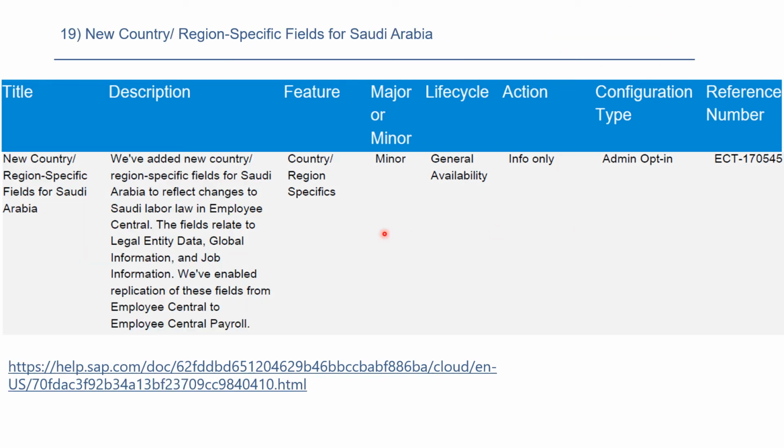Saudi Arabia, so region specific. Again, SAP considers Saudi Arabia as another good market for investment. For Saudi Arabia, there are some country-specific roles, Saudi labor laws, and there are legal entity data, global information, and job information. So Iqama and different kinds of contracts are Saudi Arabia specific, Saudi localization and all other things. So this feature is going to help